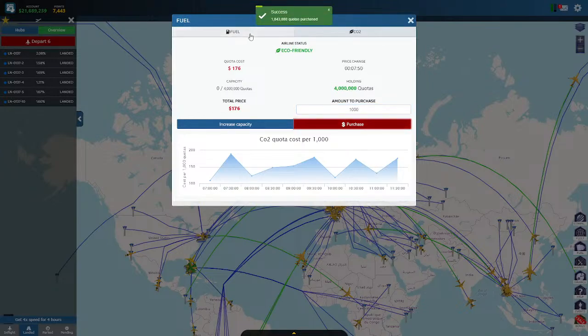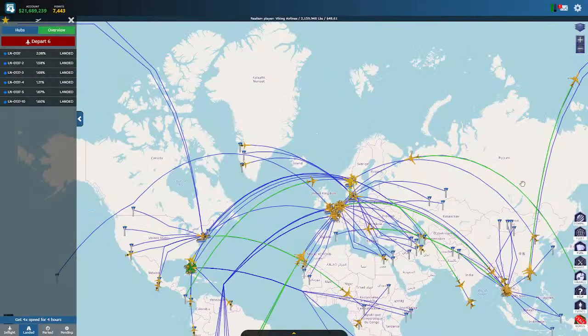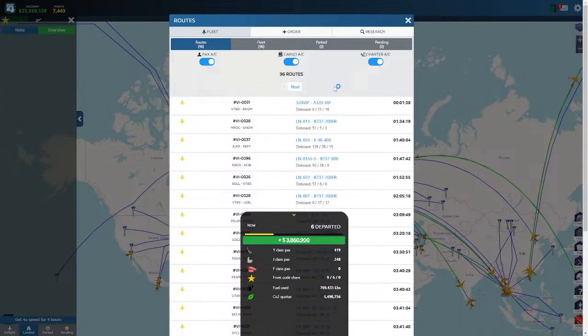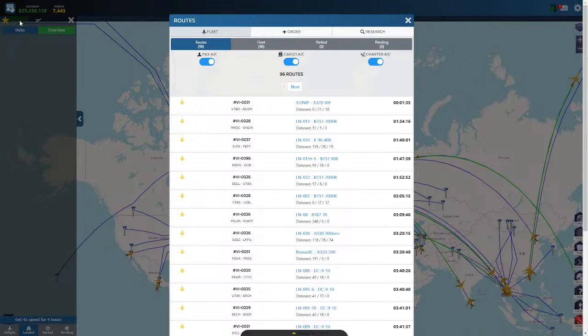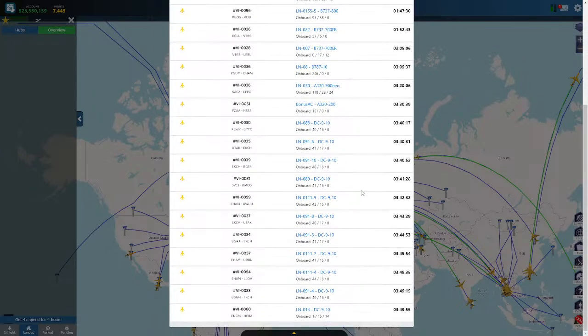There we go. And let's look at the fuel. It's getting closer, but the price is still high. And then I'll send the last 6. There we go. 3.8. So now I'm at 25 million. So of course I make money. There's no doubt about it. Even though I have to, I'm going to be able to send 20 more planes.